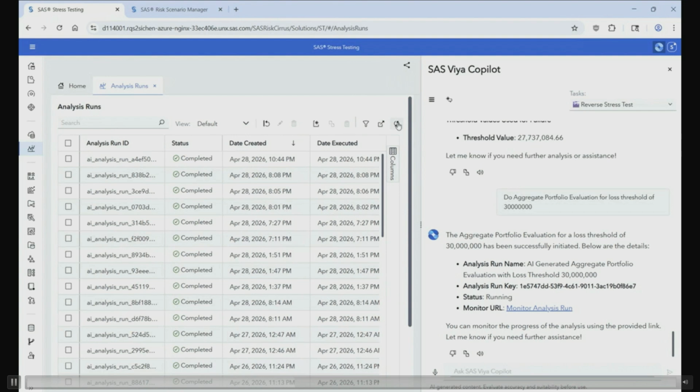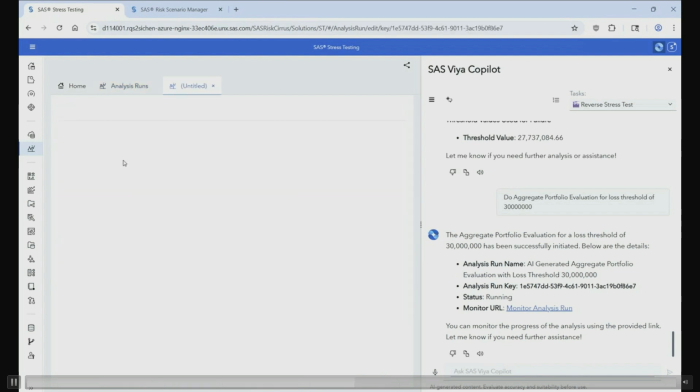So I can use a different analysis using the same steps, by providing different prompts and different threshold values.